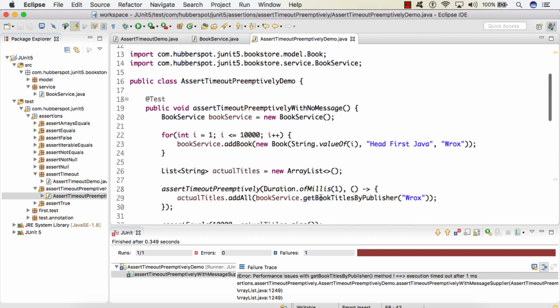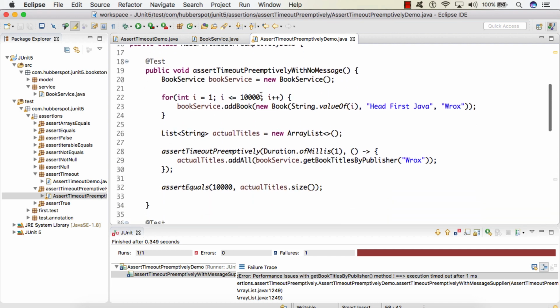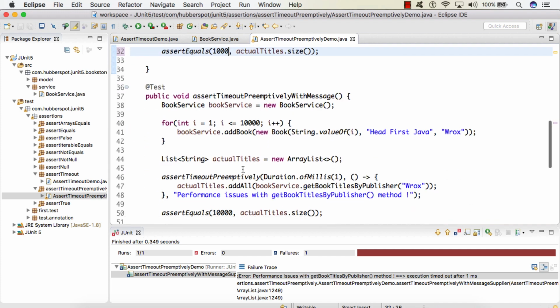So friends, let's suppose that instead of adding 10,000 books, I reduce the number of books and make it 1000 in all three test cases.